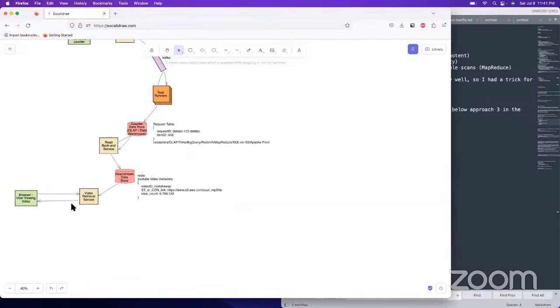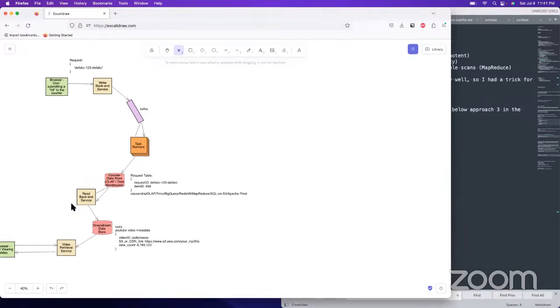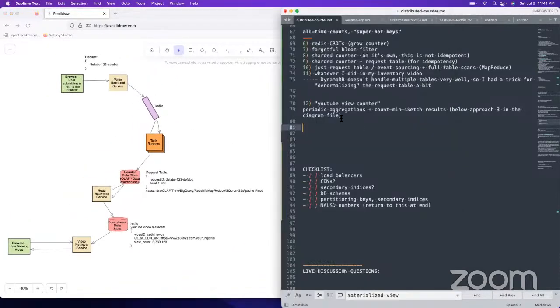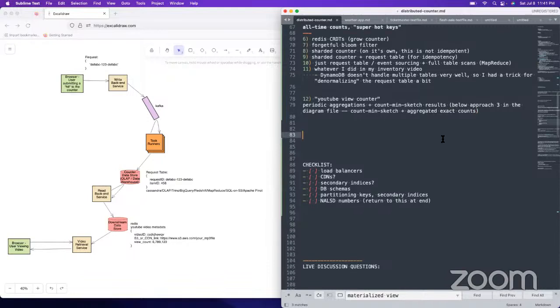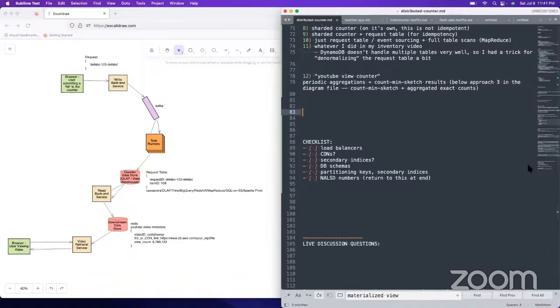I mentioned doing count-min sketch plus aggregated exact counts. Cool. All right, I'm happy with that.